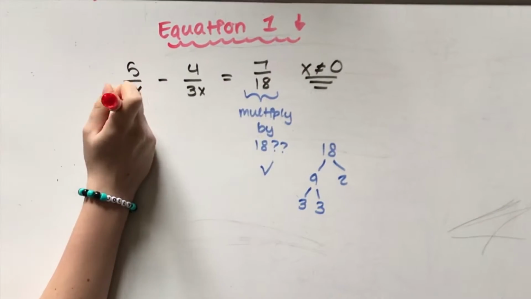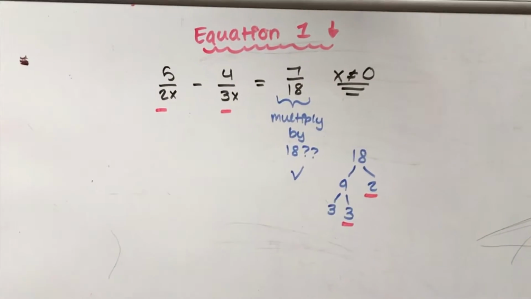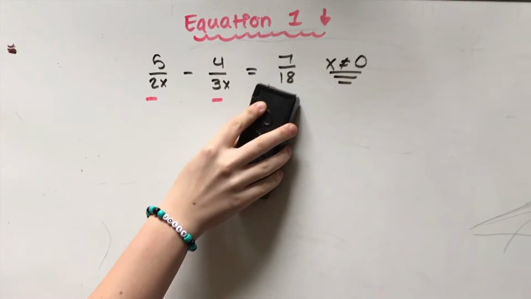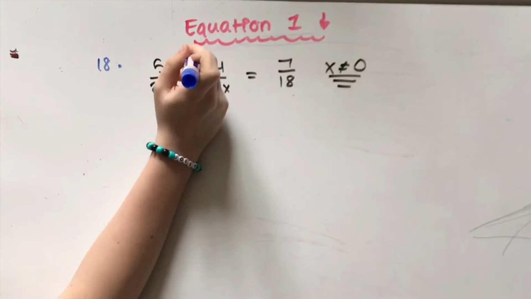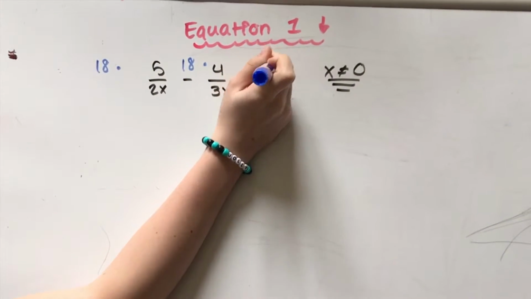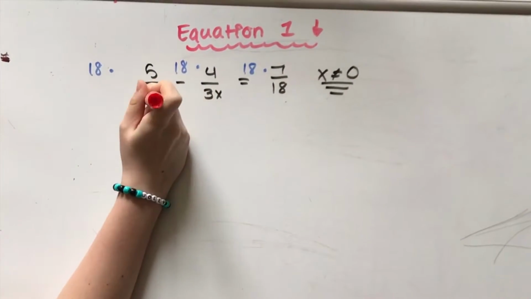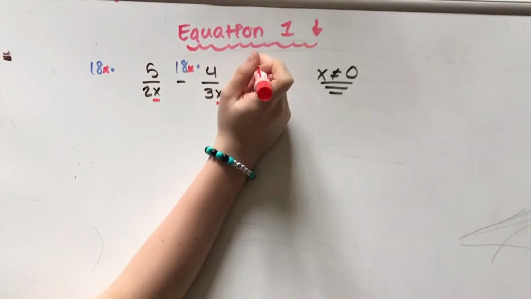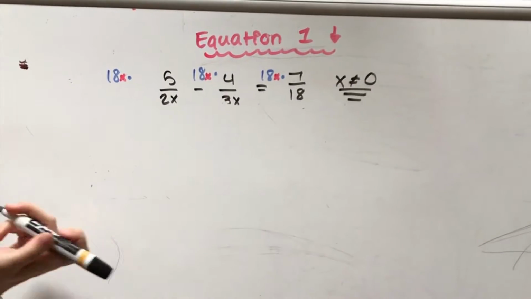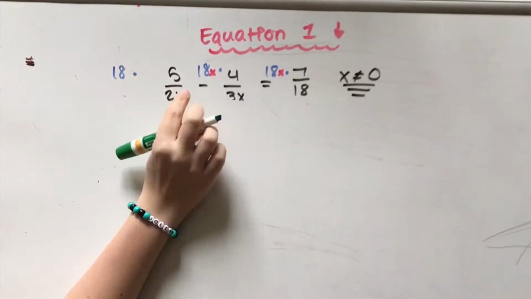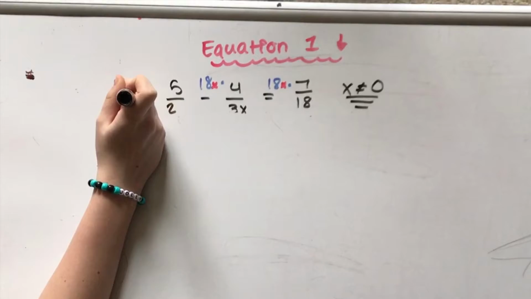You can see here that the two factors, 2 and 3, are also factors of 18, which means the equation would work without giving decimals. Another thing that we forgot is the x's. We also want to make sure that we get the x's out of the denominators, so we would also multiply by 18x. When you multiply by 18x, you're going to get rid of both the x's and divide 18 by 2,